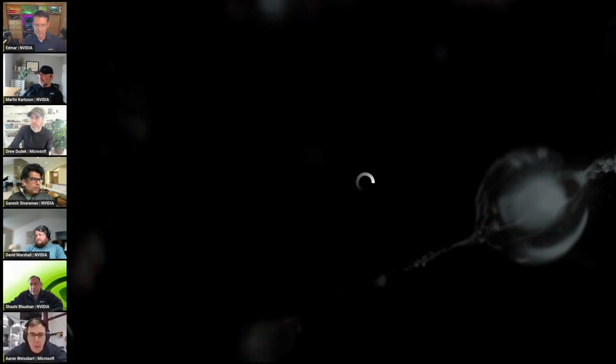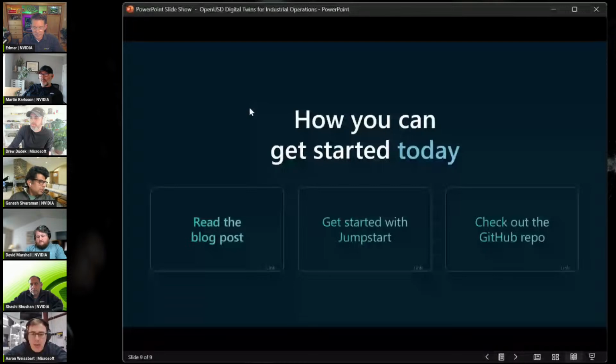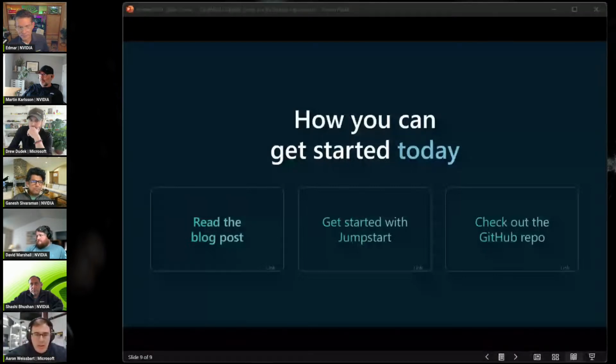I just wanted to emphasize that this is out there. There are GitHub links. When you get the PowerPoint deck, there's a final slide with links to the different materials. There's a nice blog post about the business value, and a jumpstart guide, which is where Azure collects all of its GitHub repos. The one to highlight here is the GitHub repo, which has sample data from the machine as well